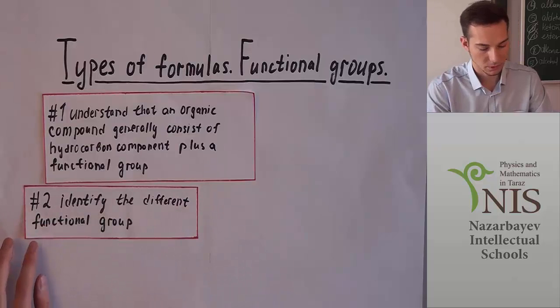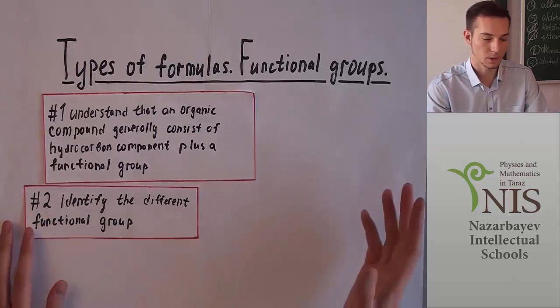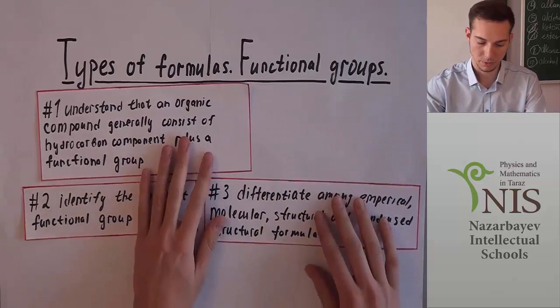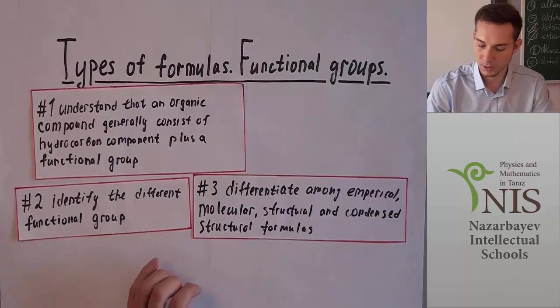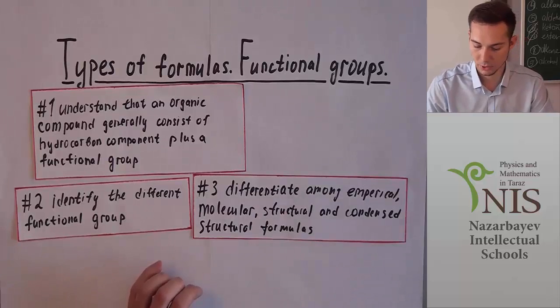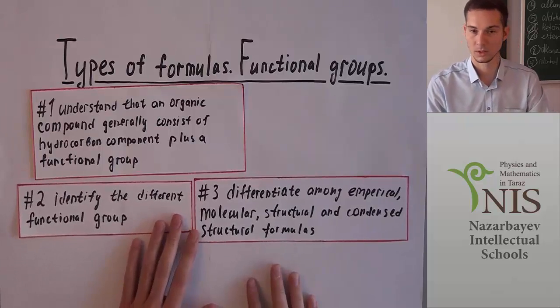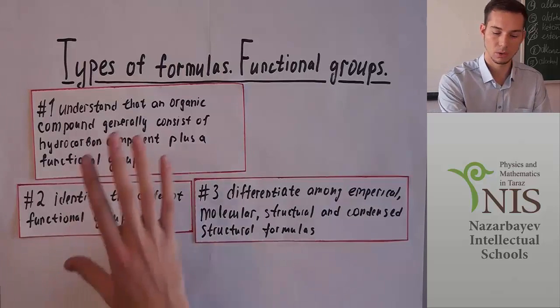Objective number 2. Identify the different functional groups. Yeah, I think it's completely done. And objective number 3 is to differentiate among empirical, molecular, structural and condensed structural formula. I think we are done with this and our lesson was good. I think all of these